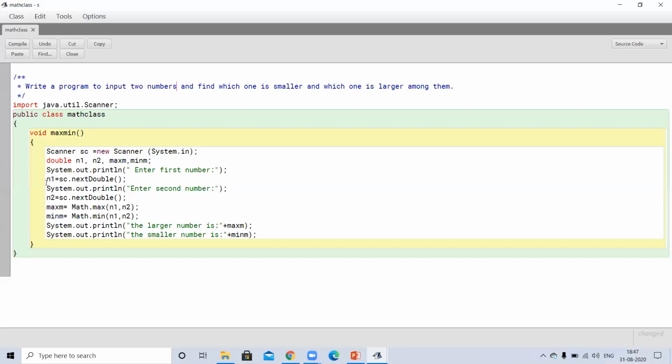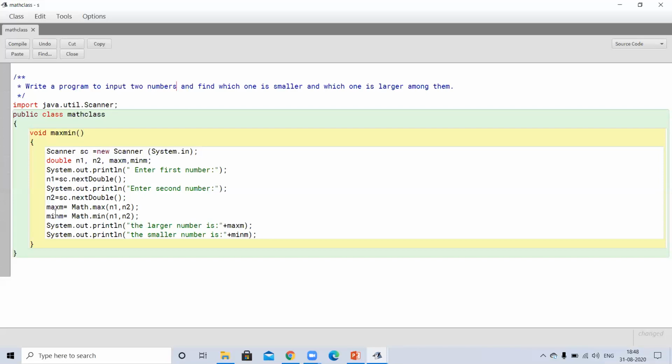So that's why we will write n1 equal to sc.nextDouble. Next double, why? Because these variables n1 and n2 are of double type. So we will write here nextDouble. Now second message, to enter the second number, then we will input this second number in variable n2 with the help of object sc.nextDouble.